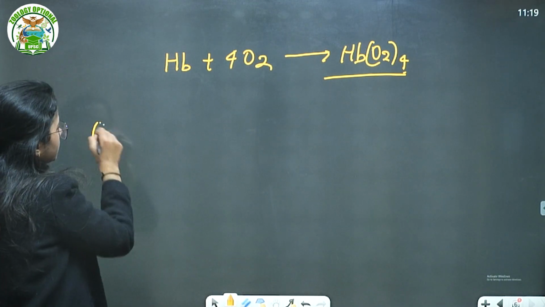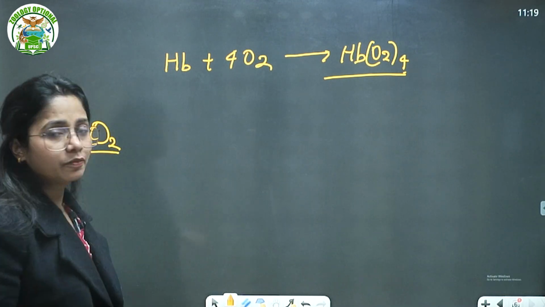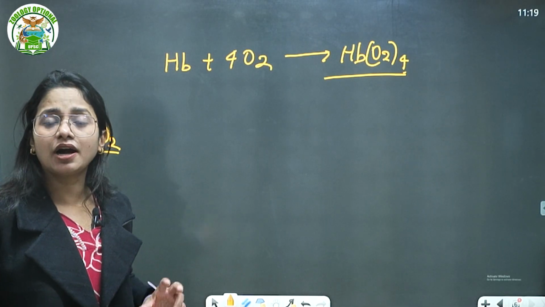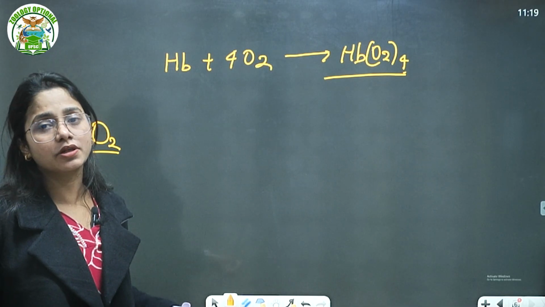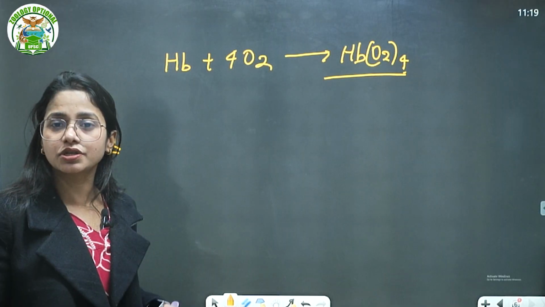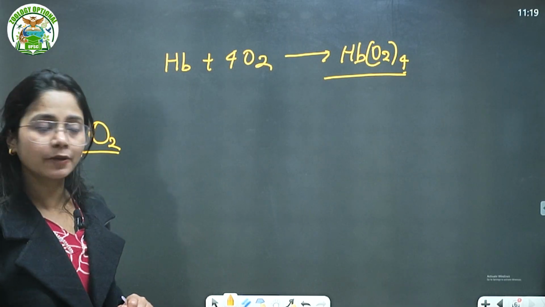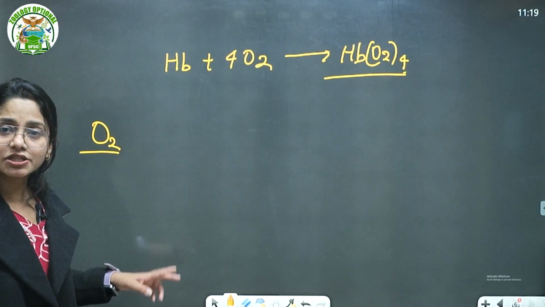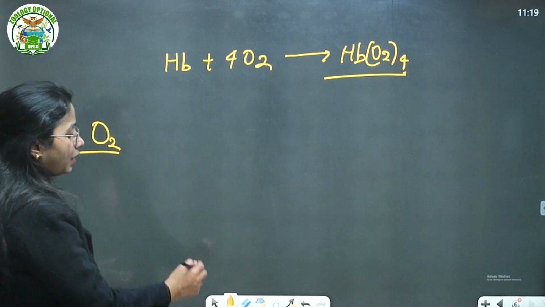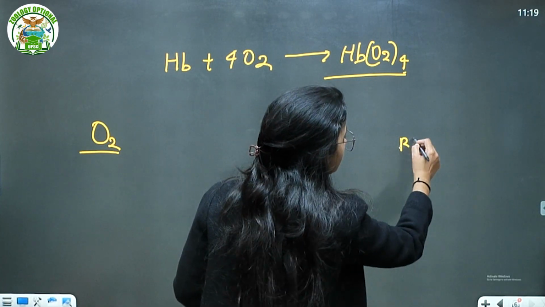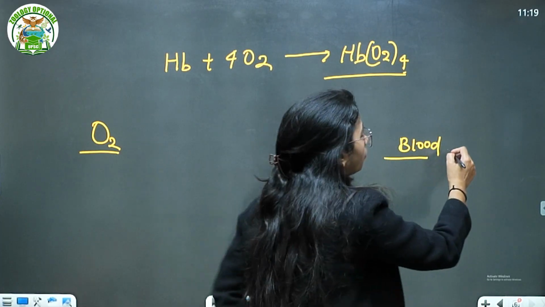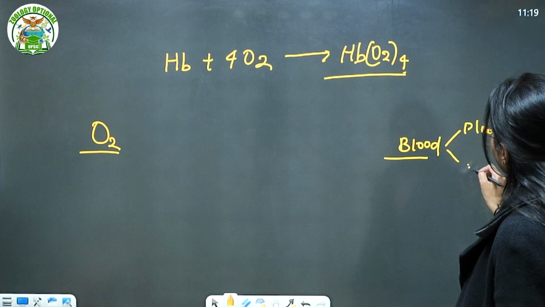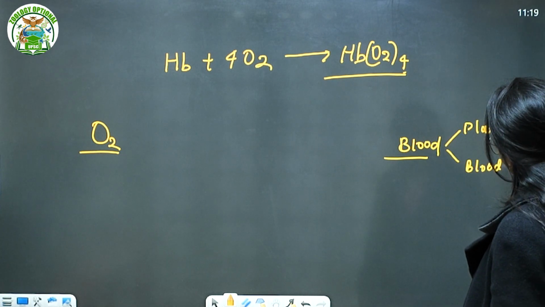So actually oxygen is not soluble. Whatever we are talking about may not be in a series, but we are explaining every single concept of oxygen dissociation or oxygen association with the hemoglobin, okay. Of course, first we talked about hemoglobin and all. Now we're talking about oxygen in the blood, okay. So if we talk about the blood, blood has 2 major things. The one is the plasma. The second one is the blood cells.